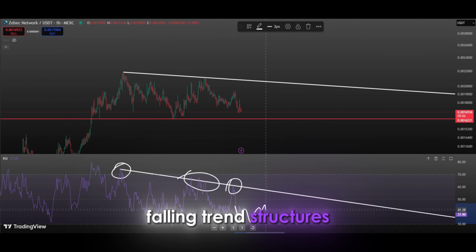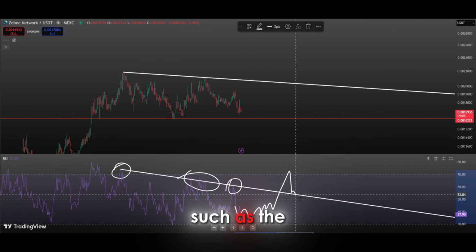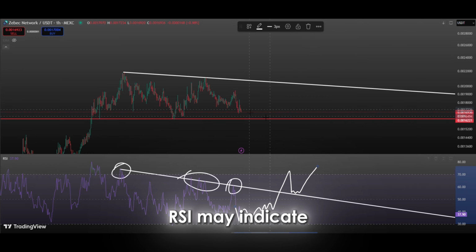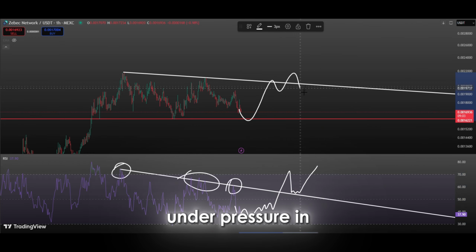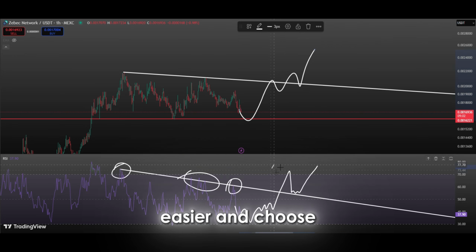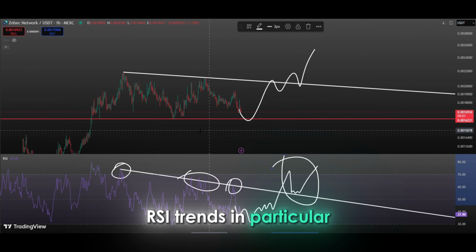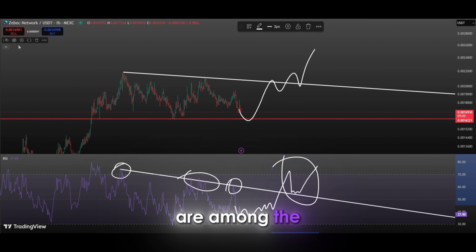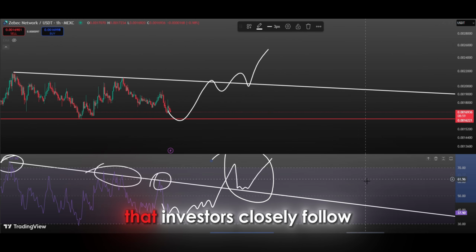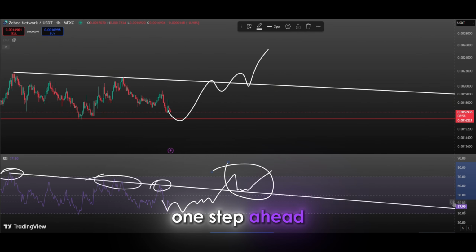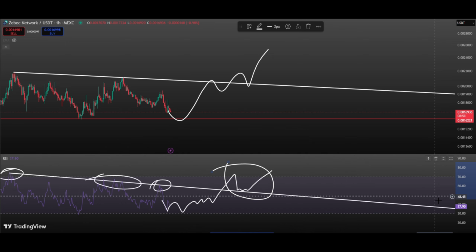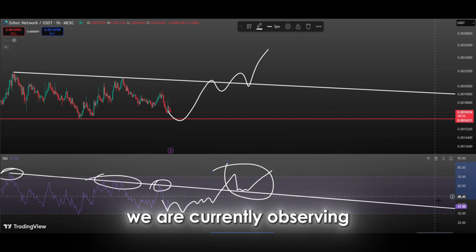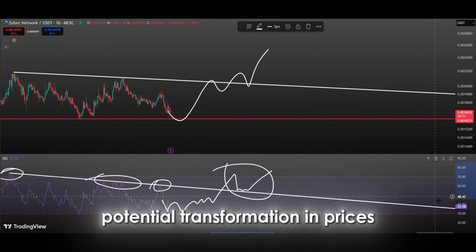Breaking falling trend structures formed by a momentum indicator such as the RSI may indicate that prices, which have been under pressure in the past, can now breathe easier and choose a new direction. RSI trends in particular are among the important structures that investors closely follow in terms of generating signals one step ahead of price movements. This downtrend that we are currently observing may be a preliminary signal of a potential transformation